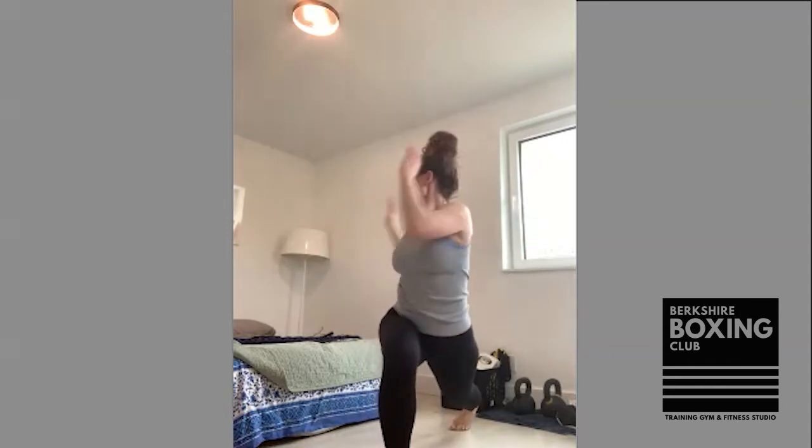Okay, now we're going to do twist lunges. So you're going to lunge out into a lunge with the back leg straight, and you're going to twist towards your bent leg. So that's 1, step in, 2, 3, 4, 5, 6, 7, 8, 9,